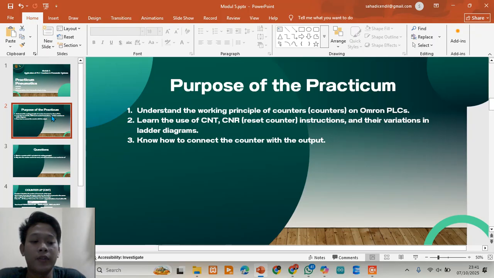and two, to learn how to use the CNT, or count up, and CNTR or reset instruction correctly.